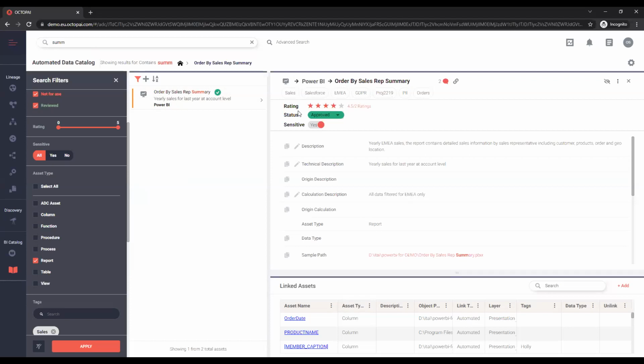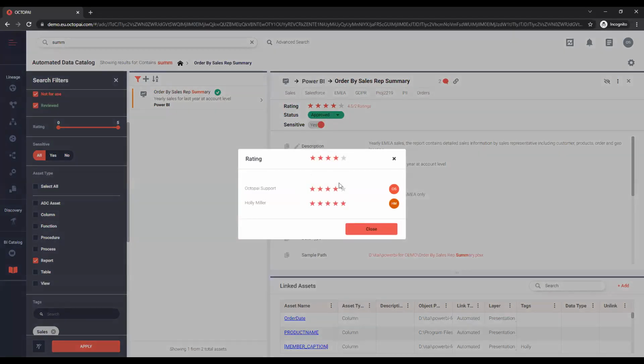And we can see the rating over here, which has been rated as 4.5 by 2 different users. By clicking on it, you can actually see who's been using it and rating. These are typically users with high engagement, which he may want to collaborate with about this data, and we'll show you how you collaborate within Octopai in a few moments. He can also, of course, rate through this functionality as well.